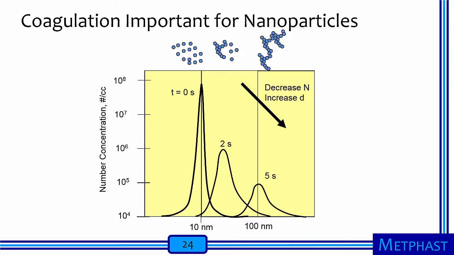Now we're going to consider coagulation, another important phenomenon for nanoparticles when particle concentrations are very high. In this plot, I show the evolution of particle number concentration in number of particles per centimeter cubed by particle size. 1 centimeter cubed is about the size of the tip of your